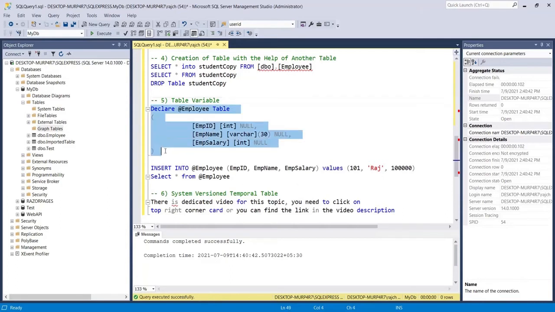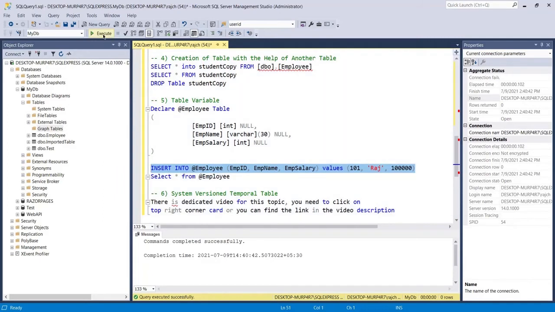This is similar to the declaration of any variable inside SQL Server, and inside the variable we have just specified that this variable is going to be a table variable, and inside this table variable there should be 3 columns with their data types, and we can also insert into this table in the same way as we insert into a normal table or general table as well as a temporary table.